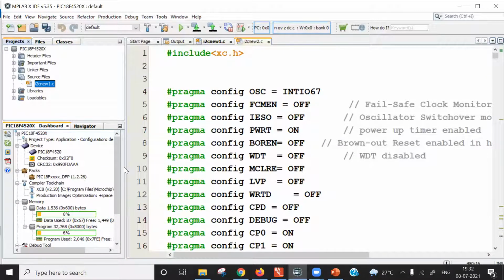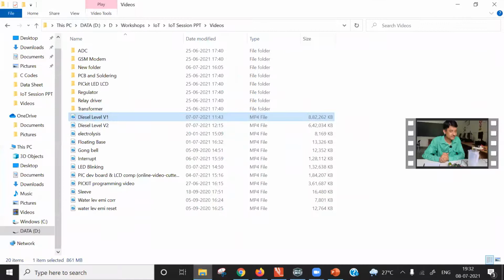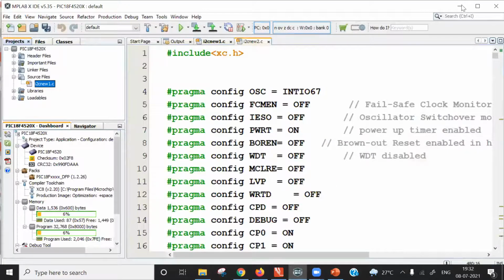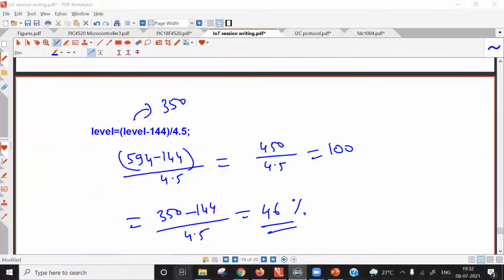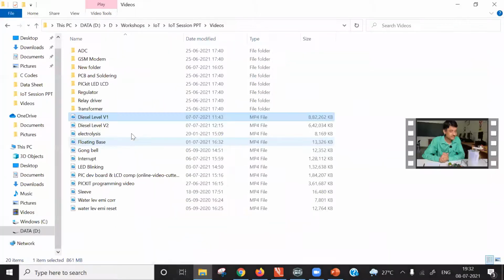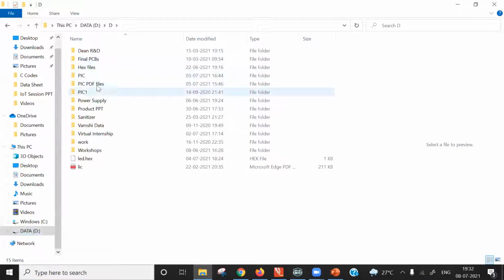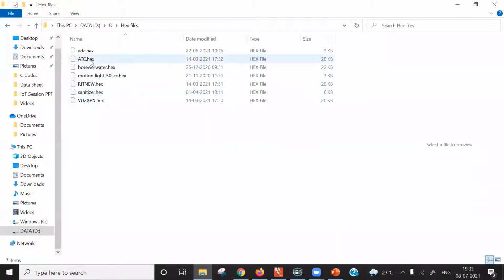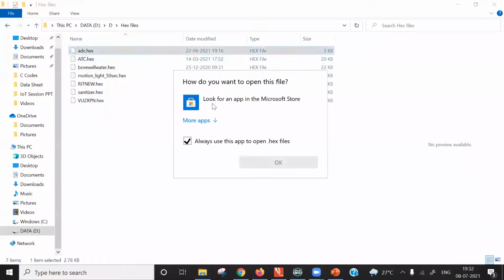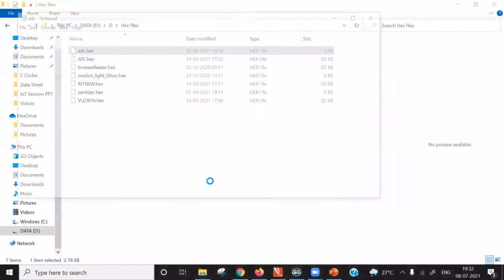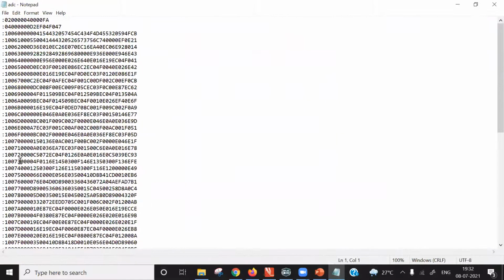If I open this file, I can show you the hex file. A hex file you can directly open using the Notepad application. Let me open Notepad. I have saved some hex files here. This is the hex file of ADC. This is the hex file, you can see. Why this hex file? Because an executable file contains only hexadecimal numbers.